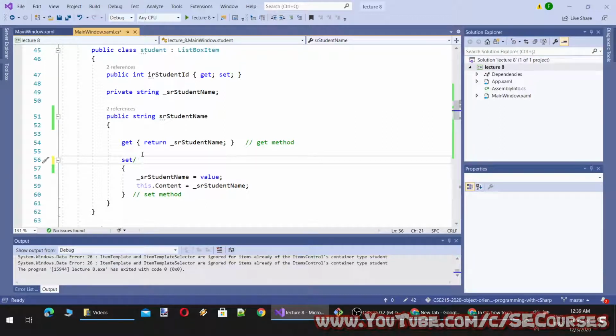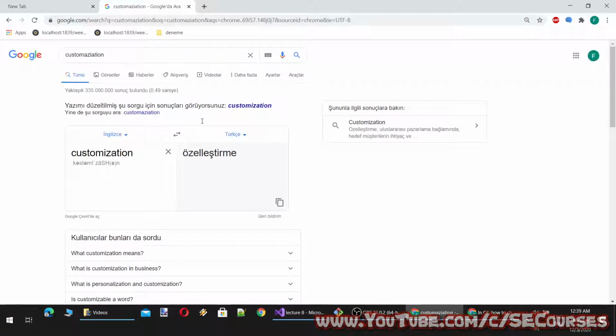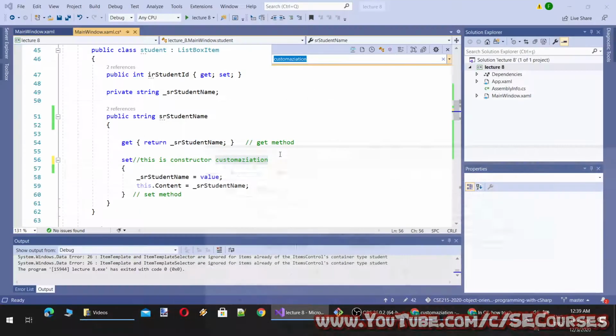I think as constructor, let's say customization perhaps, not overloading, but anyway, it is not very important what it is called as. Here we are modifying the set method as we want, and it is working as we want.